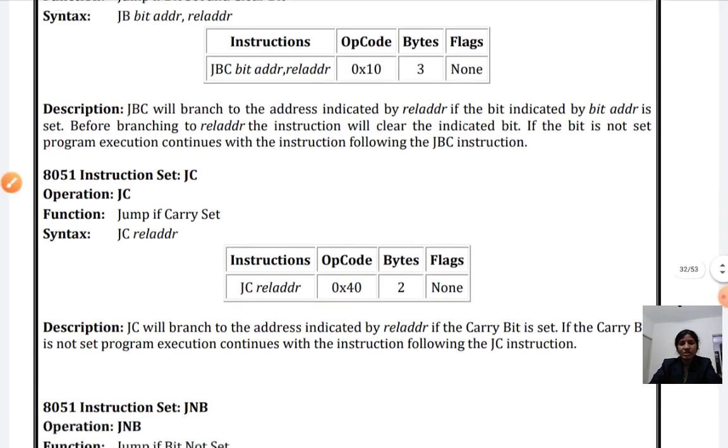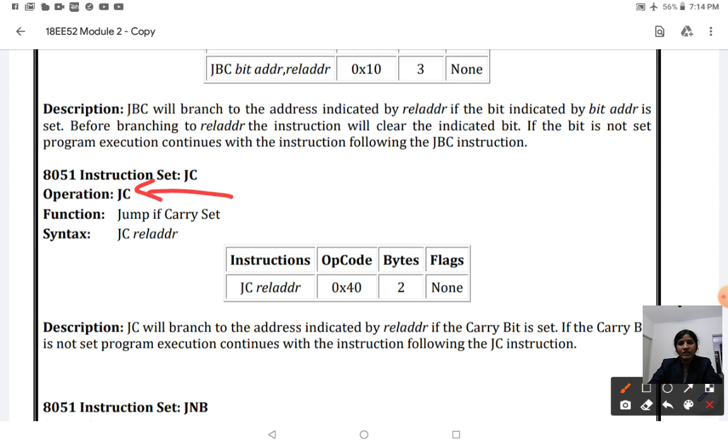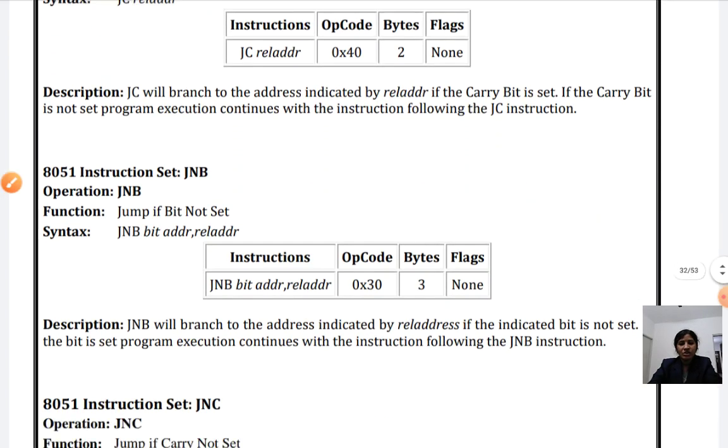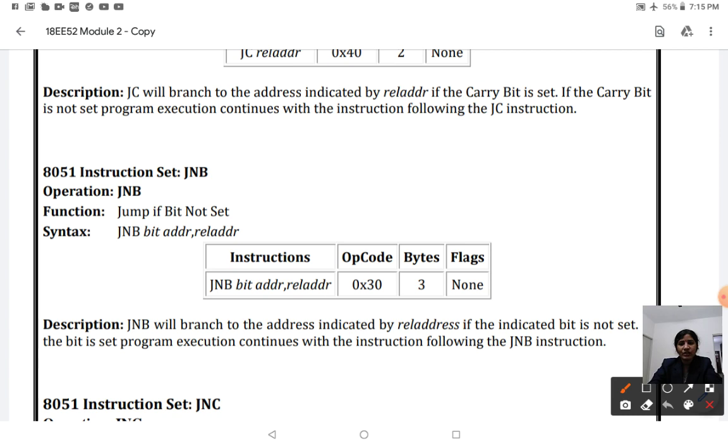Next, JC means jump on carry. So it will check whether your carry bit is 1. If it is 1, then it is going to move on to your relative address. Next is your jump on no bit. So it will check whether this particular bit address has a bit or not. If not, it is going to jump to your